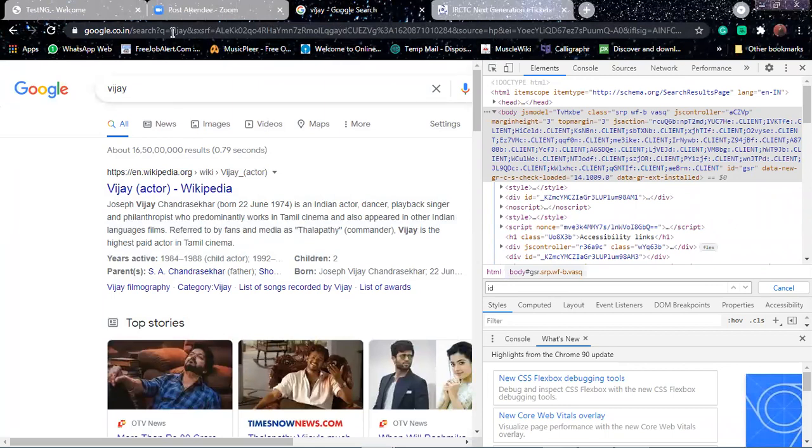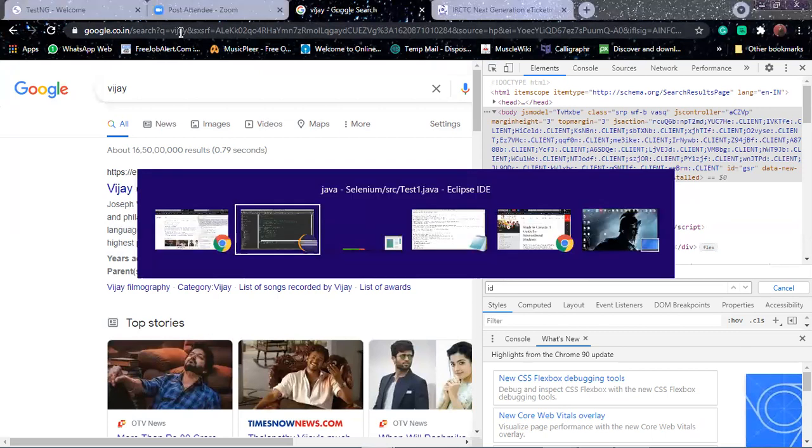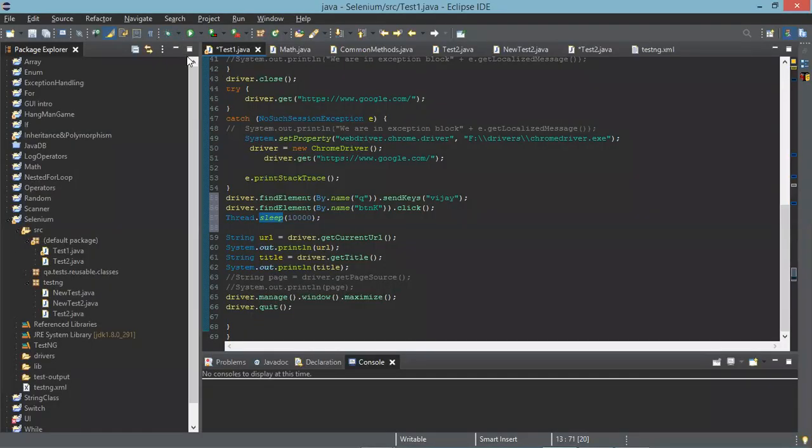In the search you have Vijay, and even in the title you have Vijay. If you have these two things in your text, then you are good to go. That is completed with your text. Now go back to your program and execute. In the printed text you should get these two things.